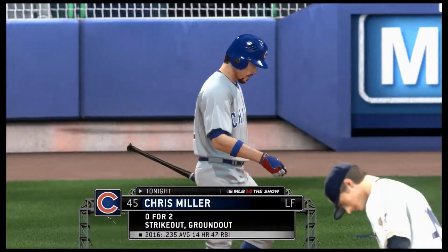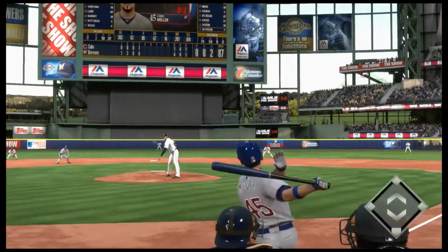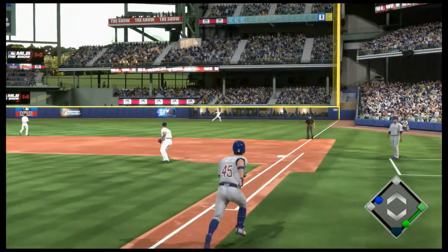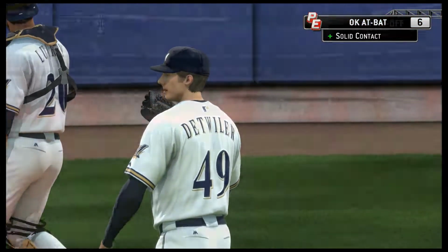Chris Miller. Runner holding tight at second. Now the pitch. And a swing as he pulls this one into right. Braun is under it, and he makes the catch for...